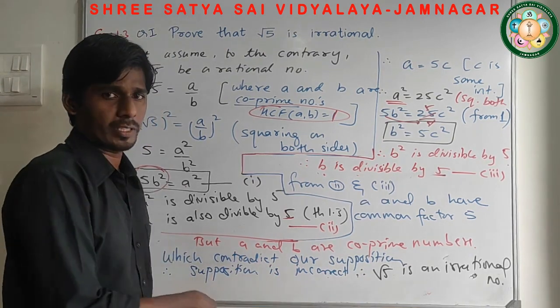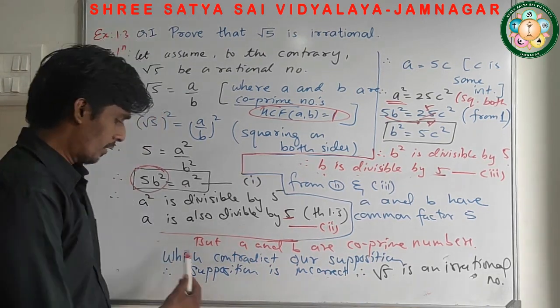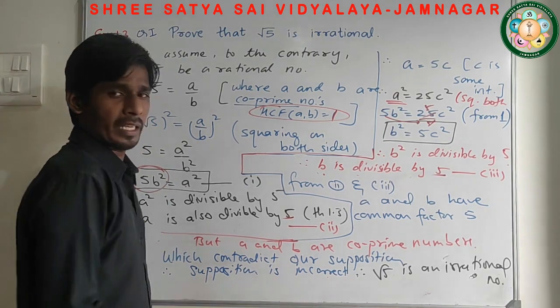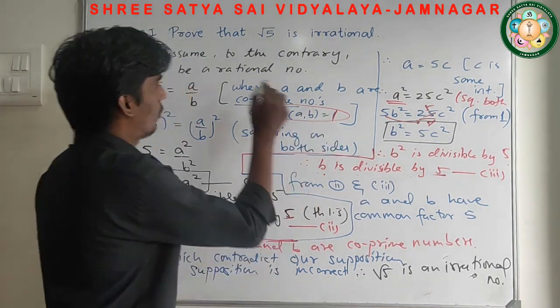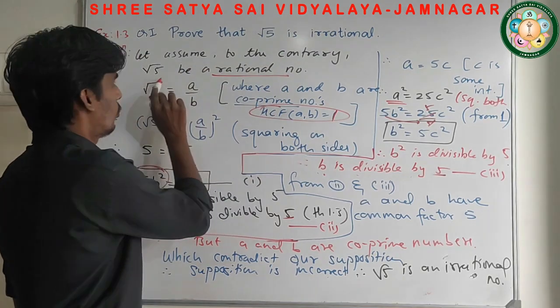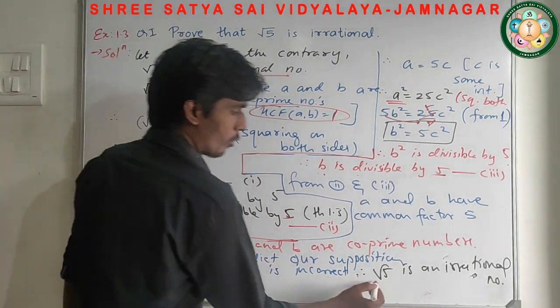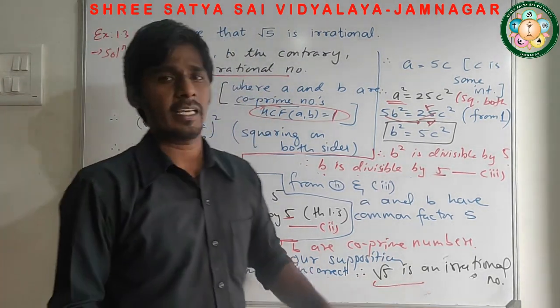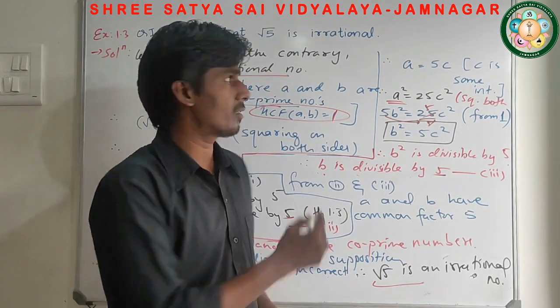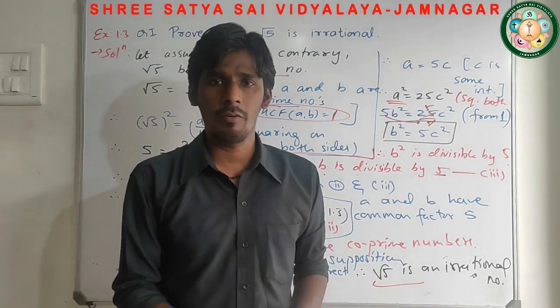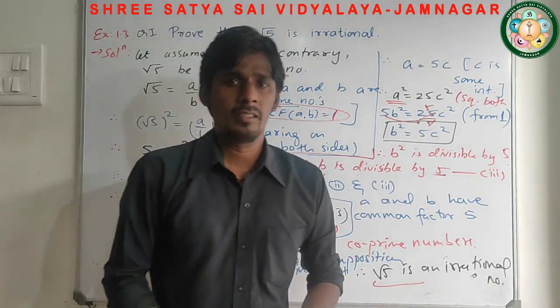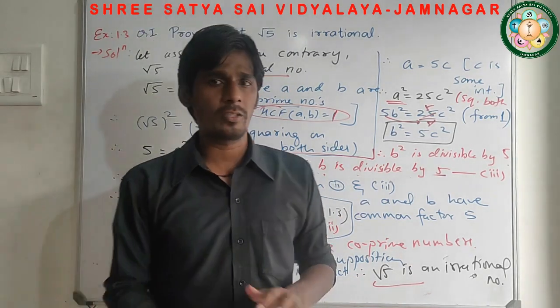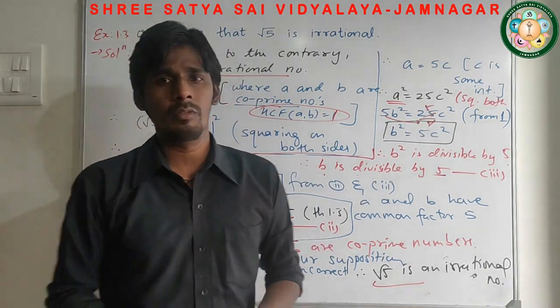तो हमने जो सपोज किया था उसे contradict statement मिल गया. Therefore our supposition is incorrect or wrong. तो जो हमने ये लिखा था √5 be a rational number. So √5 is what now? It's an irrational number. So this is the way we can solve question number 1 of 1.3. So practice it twice or thrice. Definitely able to do it.